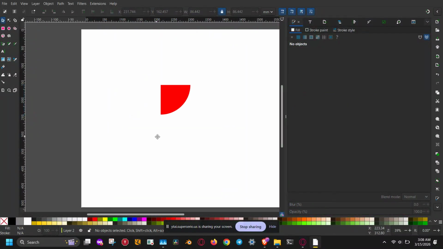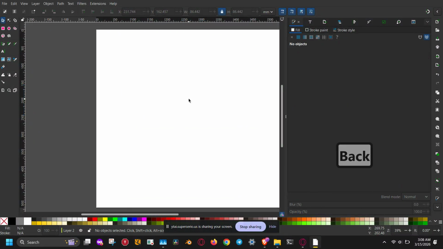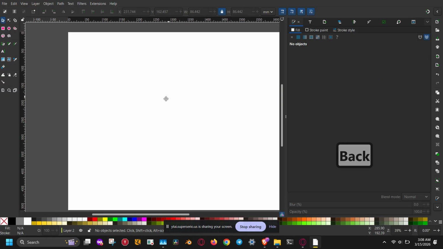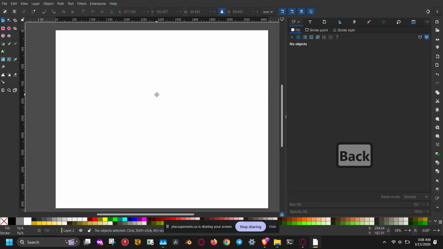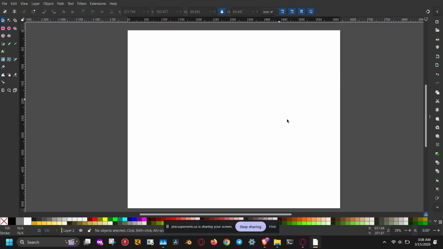In today's video, I'm going to show you exactly how to generate a QR code directly inside Inkscape using its built-in vector tools. This is incredibly useful if you are designing business cards, posters, flyers, product packaging, or any kind of printed material where you want people to quickly scan a link with their phone, instead of using random QR code websites that might charge you later or generate low-quality images. Inkscape lets you create a clean, scalable vector QR code that you fully control. That means you can scale it to any size without losing quality and even customize the colors to match your